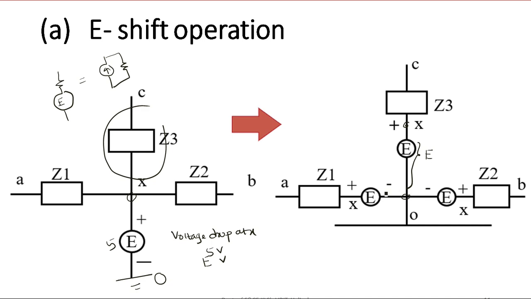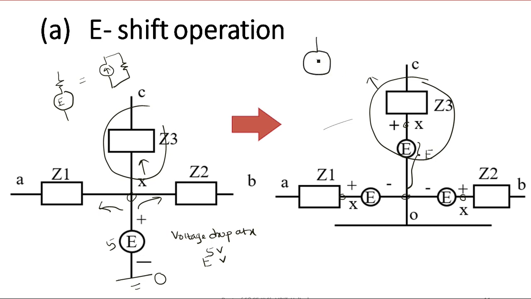Similarly, you can push the other side also. This X you can take this side, and the same point you can take this side. So X is taken everywhere, and we have attached a voltage source, right? So it will be convenient if we have a voltage source in series with some impedance. Impedance means it can be a resistance, inductance, or capacitance, or the combination also. So now I can convert any of these combinations to an equivalent current source.